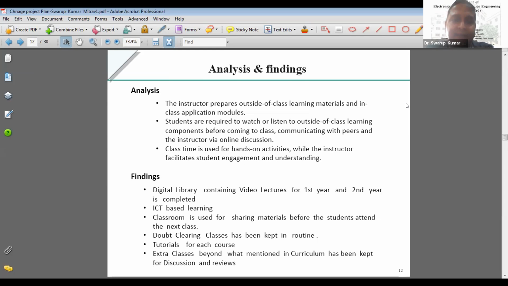Now, what is the analysis? The analysis is that we can have the materials both in class. We can give some of the materials in the class, and we also give to those who do not have technological know-how, those who do not have a proper internet connection. We have both categories of students. Some of them are TFW quota. All of the colleges have them.